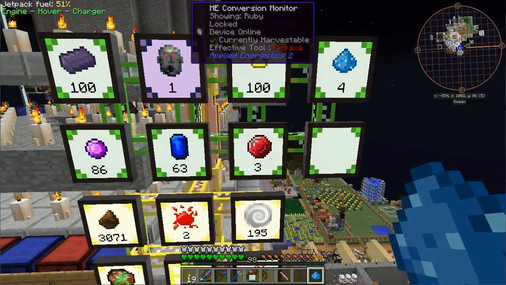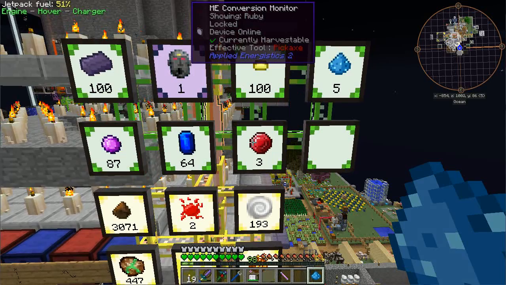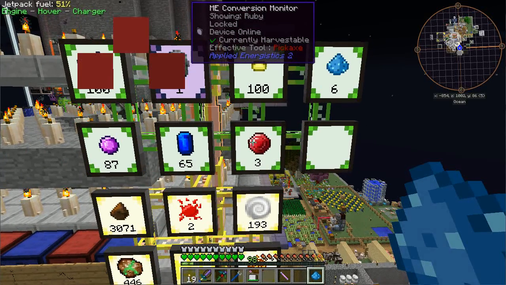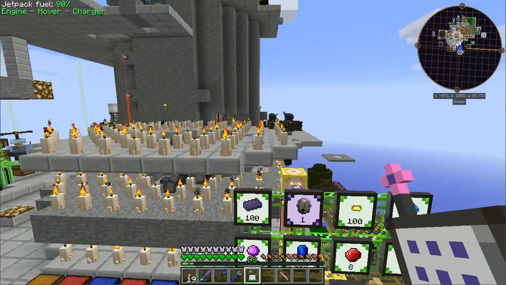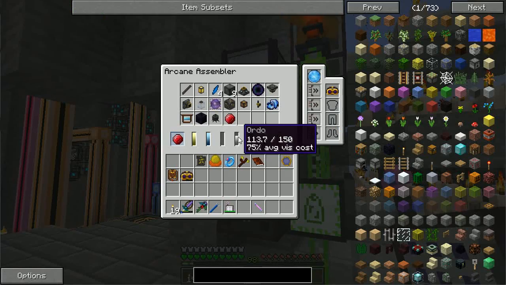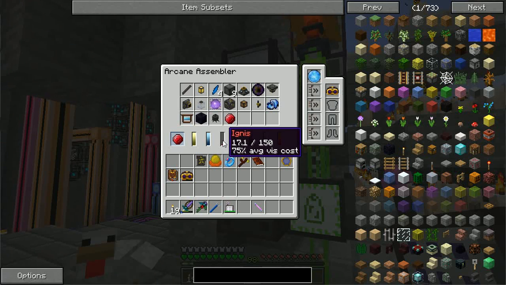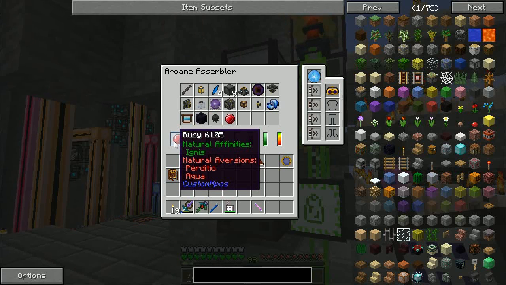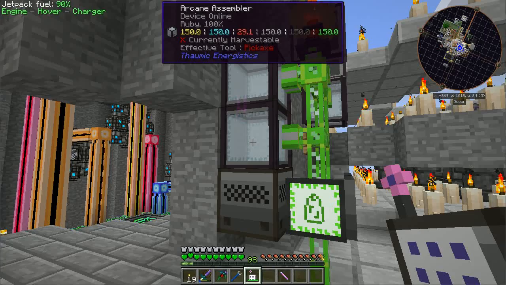The rubies, I guess, are going to be the big thing, most time consuming at this point, mostly because of the V. So let's see if I can find a solution to speed up the Ignis V. All right, so I think that I found a somewhat solution, or at least a mitigation. So over here in the Arcane Assembler, there are slots for additional armor, and one of the things that I can put in here are items that give a V discount, and so that's going to reduce the amount of Ignis that's needed in order to craft this ruby. So with the V discount,